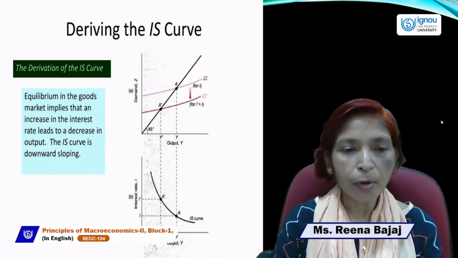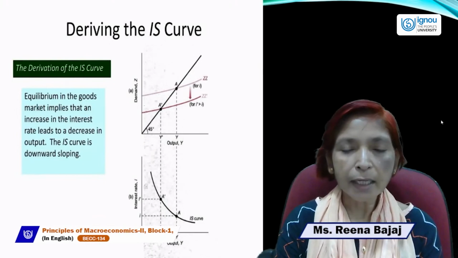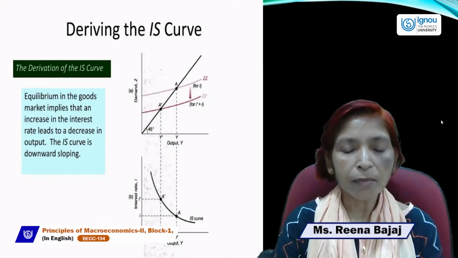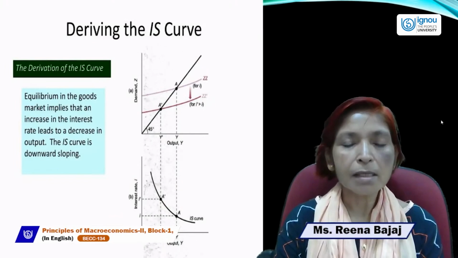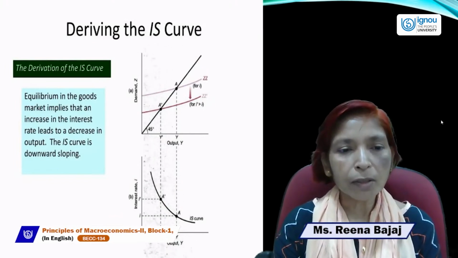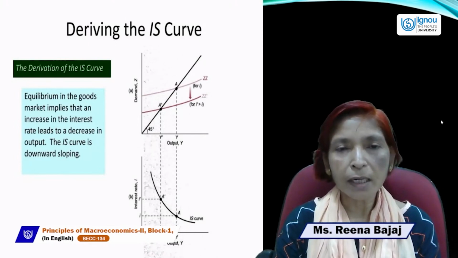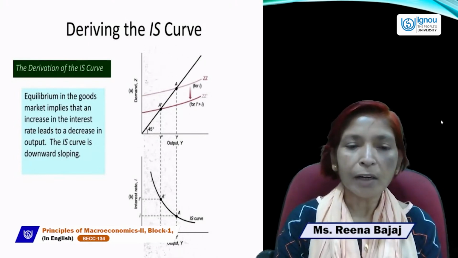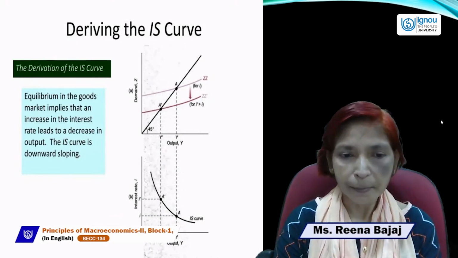Firstly, equilibrium point A dash is determined where the aggregate demand and aggregate supply curves intersect each other. At this equilibrium point, the income level is Y dash. And if aggregate demand increases, this curve will shift upward. A new equilibrium point A will be determined. At this equilibrium point, the income level will be OY. So here, when investment increases, the income level will also rise.